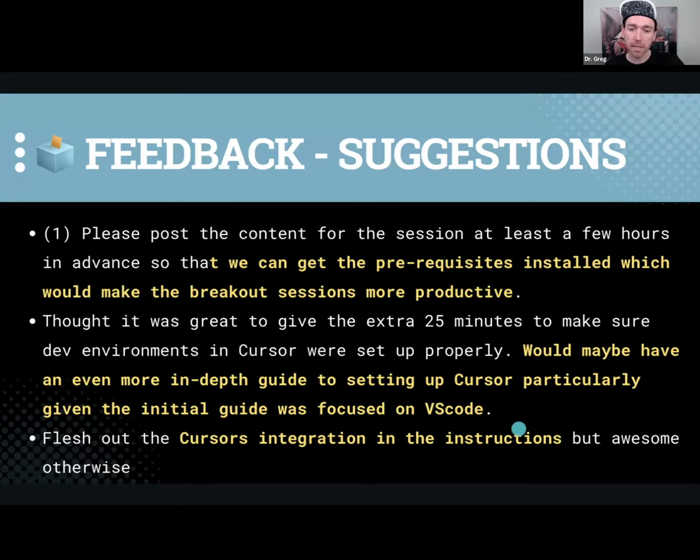And then thanks for everybody shouting out Cursor and maybe fleshing out some of those instructions as we add new tools. These are things that we're constantly working on updating. So if you have specific additions, feel free to open up a PR and let us know about it. And we will always be available to check it out and try to fix it directly.